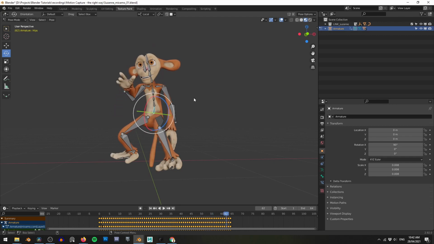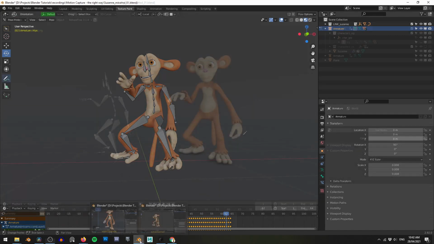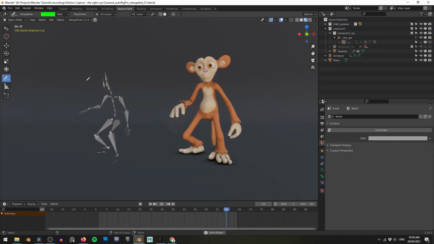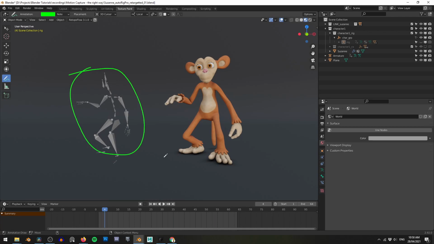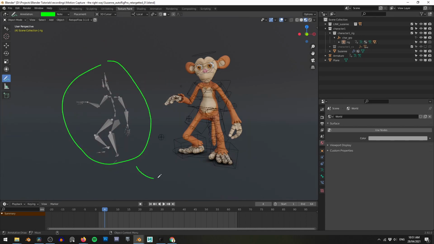So today I'm going to show you the right way to do motion capture in a process called retargeting. Retargeting is where you take the animation from your motion capture rig and instead of applying it straight to your character, you apply it to a proper rig, such as the Rigify rig. Retargeting requires you to take each bone from your motion capture and apply it to the corresponding bone on your target rig. Now this can be a fairly tedious process and unfortunately it's not one that Blender does by default